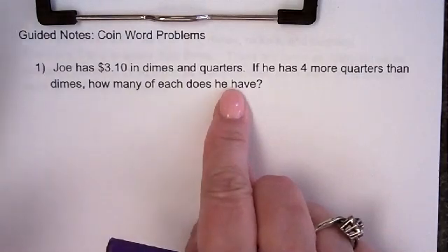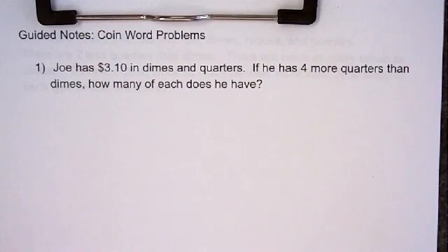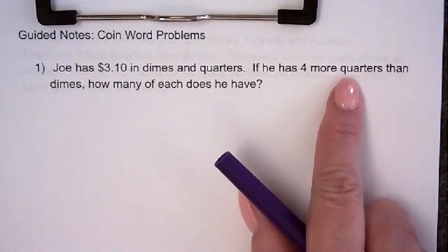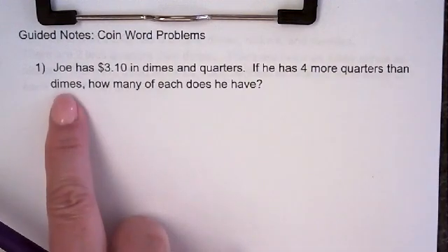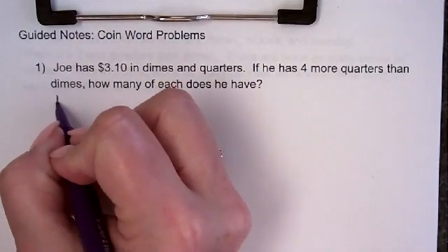So Joe knows he's got $3.10. But the question comes up, well, how many dimes does he have? How many quarters does he have? Somebody says, well, I'm not really sure, but I know there's 4 more quarters than dimes. Okay, so we're kind of told how many quarters he has, because it says he has 4 more quarters than dimes. But we're not told anything about how many dimes there are, or any clue like a riddle that we can figure out or solve to know how many dimes. So we're going to let the dimes